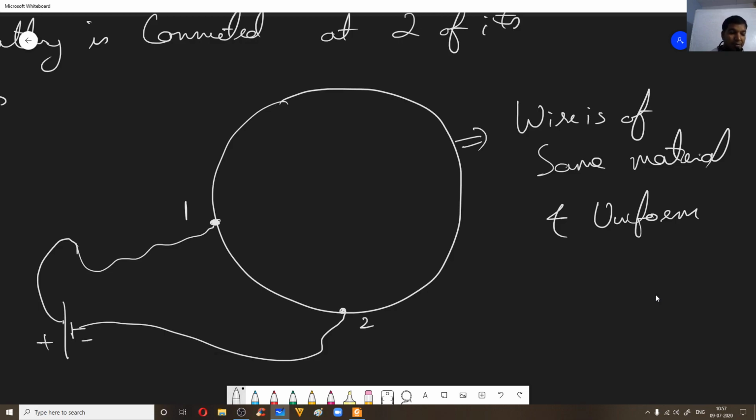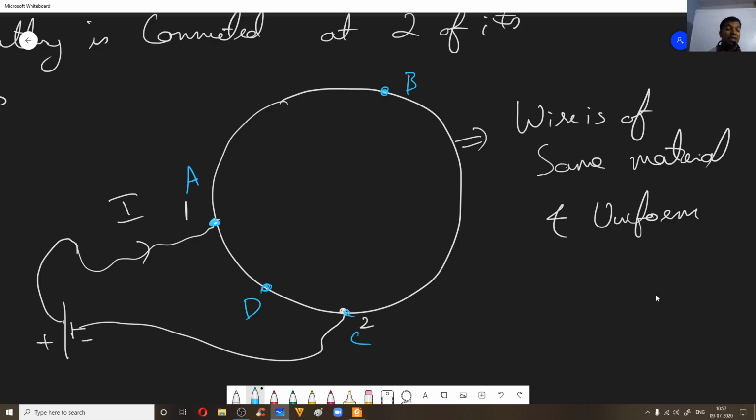See, this is the positive terminal, and this is the negative terminal. Say the current I is the total current. To keep one thing in mind, current always finds the least resistance path to flow. Current always goes in the path which has the least resistance. Now you can name a few points here. Let us say point A. Point 1 and A are the same. Now point B and point C. Let us call this point D.